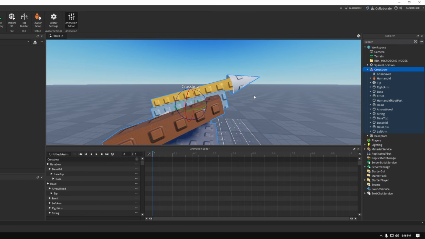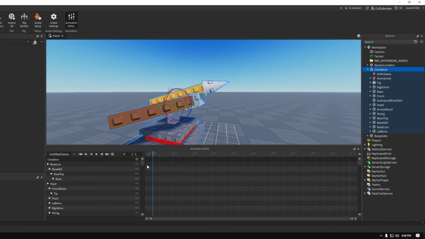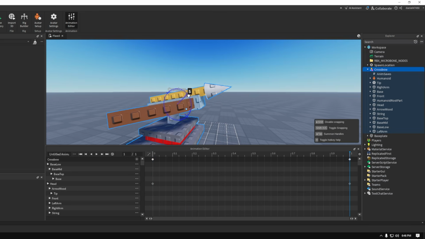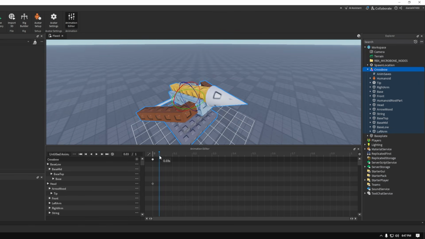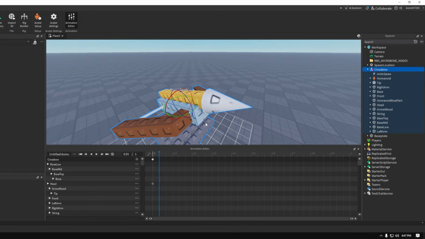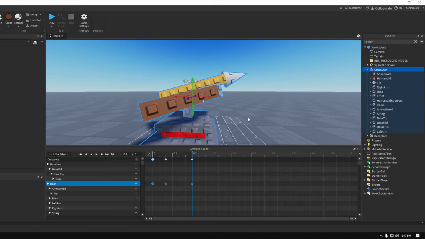Now let's set this up. Let's make it rotate down and then rotate up. So what we do is we go to the head piece. This is the upper part. Press add a keyframe, and we can just scroll down to the 1 second mark, and we can make it go down just like that. Very, very nice. And if you want something a little cooler, we can do the same thing over here. We can do this, and we can make this whole head segment flash backwards like this, and just like that,